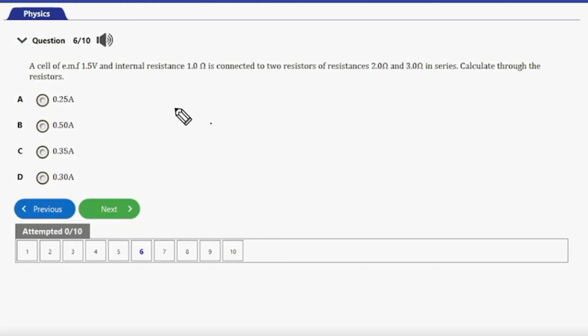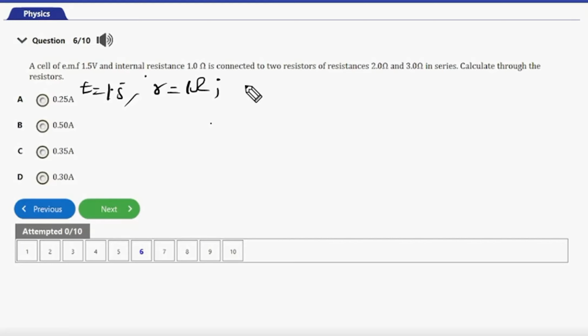So given that the EMF of this cell is 1.5, and then the internal resistance is 1.0 ohms,